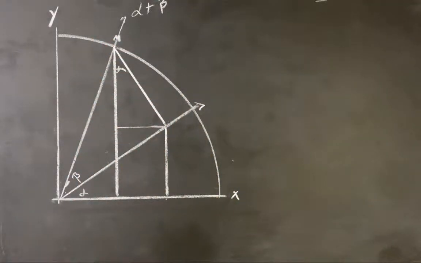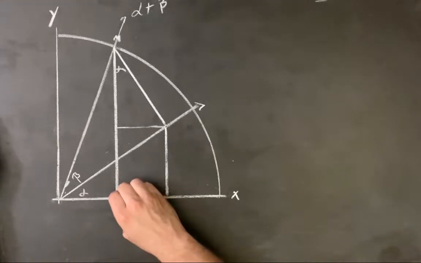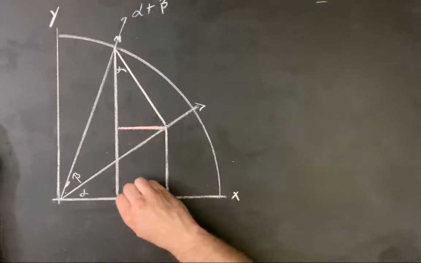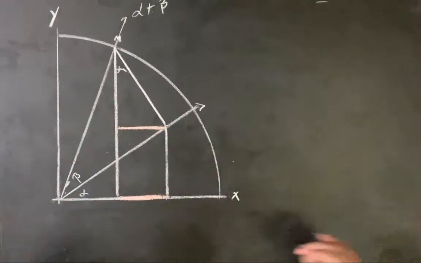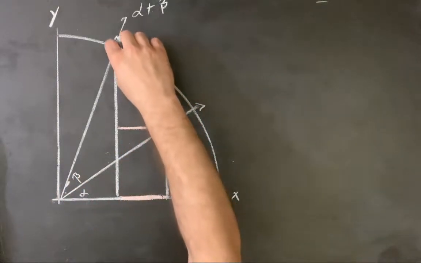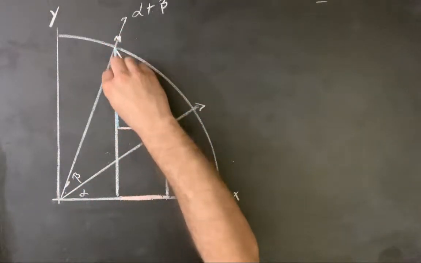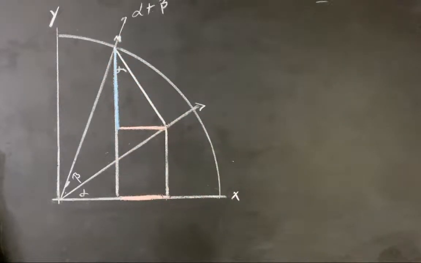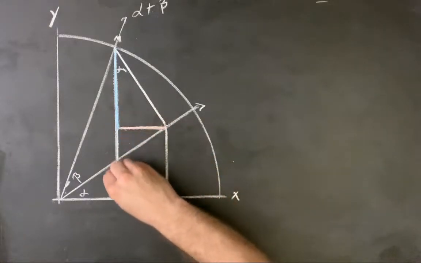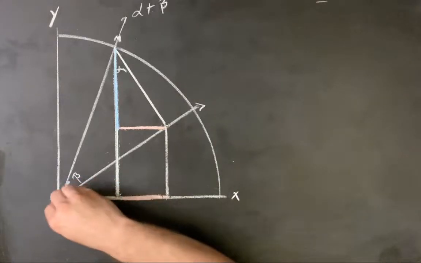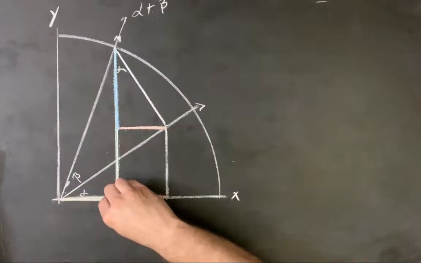Before we go any further, let's go ahead and remark some notable lengths. So we're going to mark here, here. And we notice that this line here is congruent to this line. We're going to remark that this line here, here. Okay,